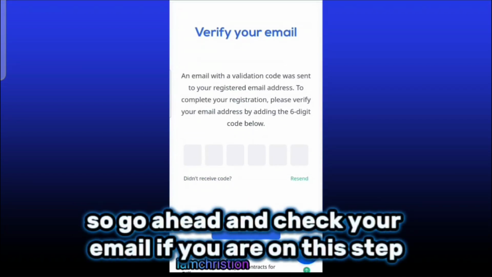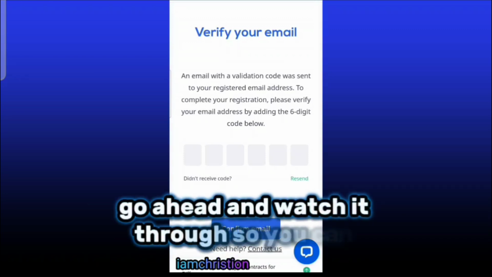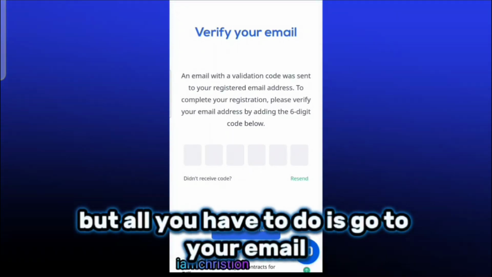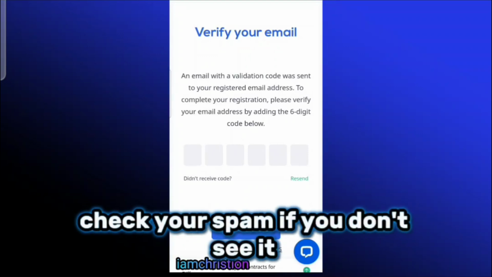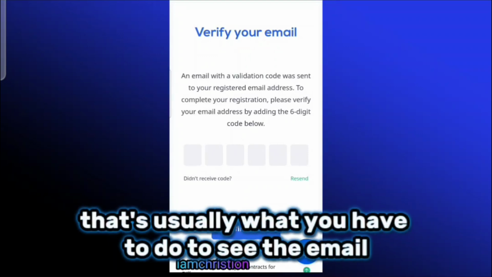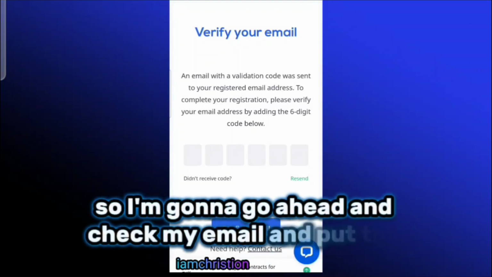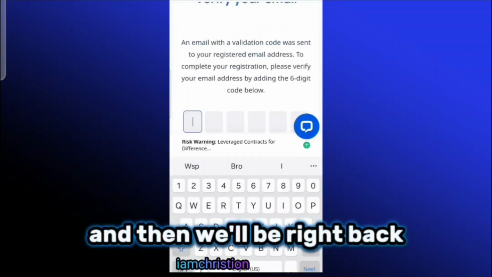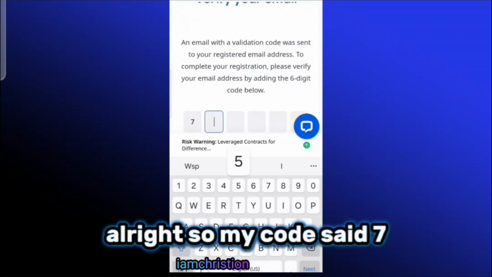If you're just watching the video, go ahead and watch it through so you can understand what's going on. But all you have to do is go to your email, check your spam if you don't see it. You can always refresh the page. That's usually what you have to do to see the email. So I'm going to go ahead and check my email and put the code in, and then we'll be right back. All right, so my code said